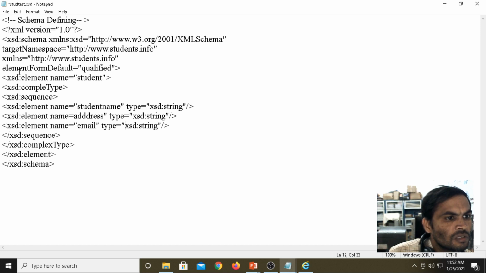Schema, then element, complex type, sequence, element name, type, XSD type, sequence. If you have errors, it will not run.